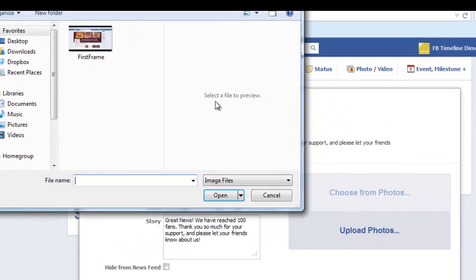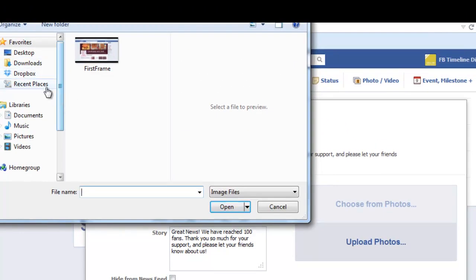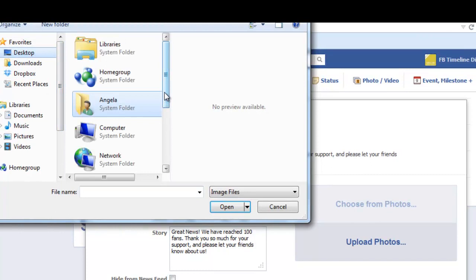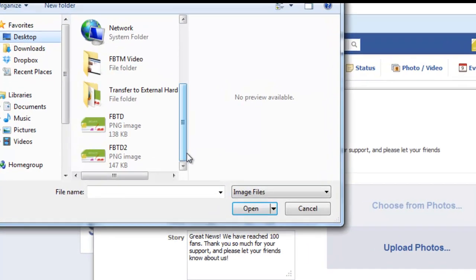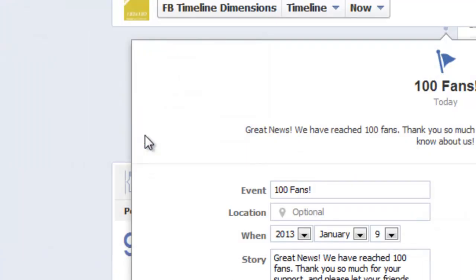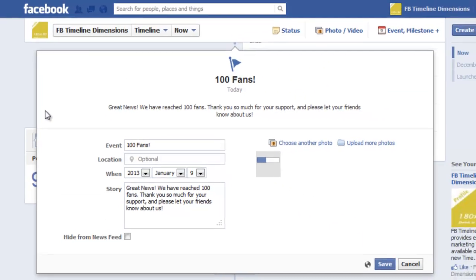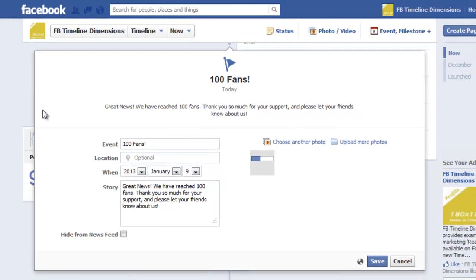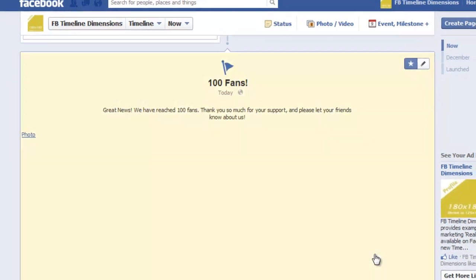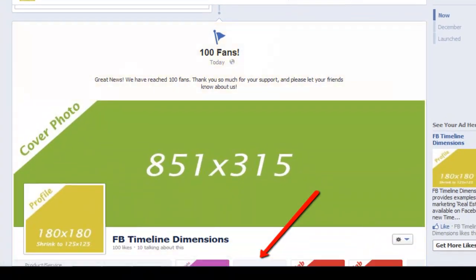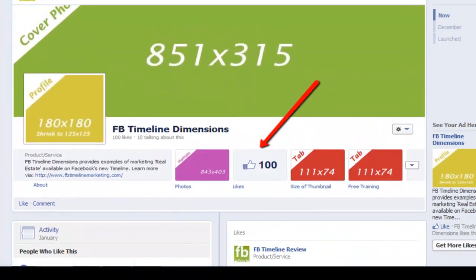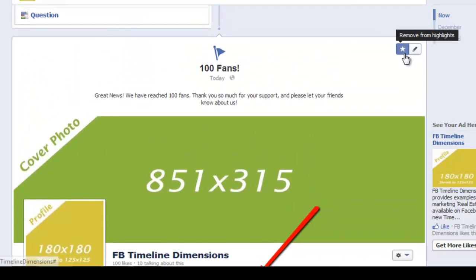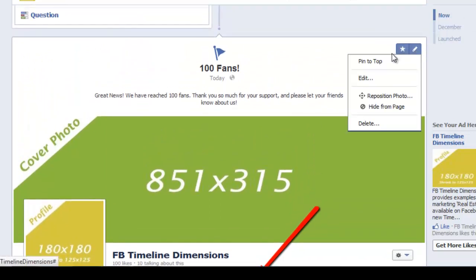So if you remember, we've got it on our desktop. I take a look, we go down to FBTD2, double click, so now it is loading, and it's just taking a little while to load. Okay, so now it's all up there, you can see it there, and we will go ahead and save. And there she is, right? 100 fans, and it's just listed there, and you can see, and we're going to pin it to the top